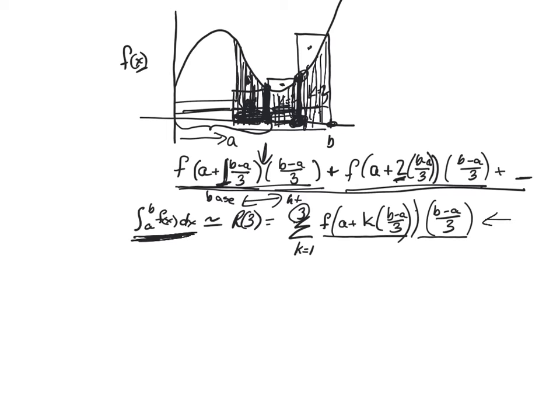So let's try that. Now our integral is going to go from a to b of f of x dx, and that's going to be exactly equal to the limit. As all of these rectangles that I have, I'm going to have an infinite amount. We're going to call that n. As n approaches an infinitely big number, and then we want to add them all up. So the sum, starting at k equals 1, all the way through the nth